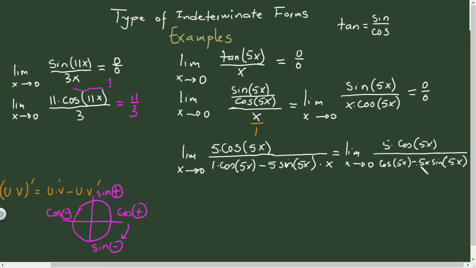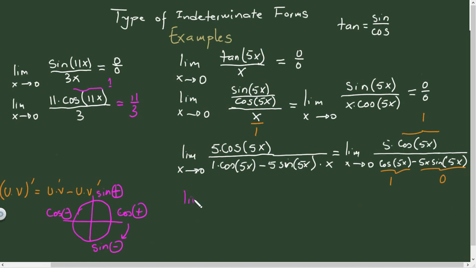And here, the sine of 0 is 0, times 0 is 0. So we have 5 over 1. Everything's okay. This is going to give me 1, this is going to give me 1, and the whole thing here is going to give me 0. So my result will be